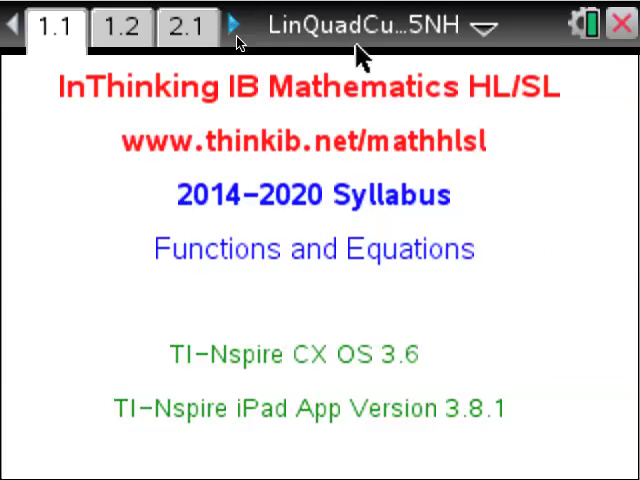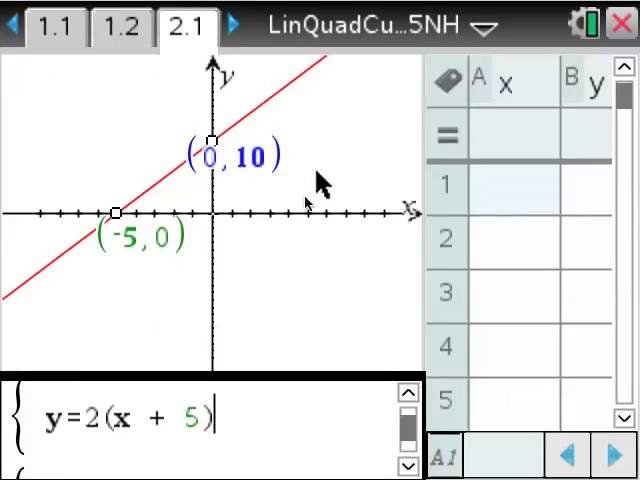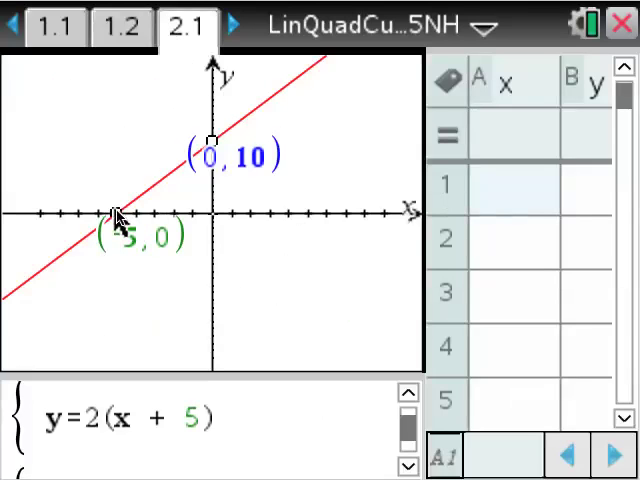This document links to the Functions and Equations topic in the IB Maths course. It looks at the ability to explore all the properties of linear, quadratic and cubic functions. On page 2.1 we have a typical setup where we have a graph that you can grab the points and